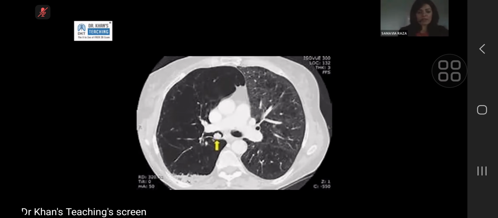Endobronchial lesions can be malignant or benign. You can have polyps in the bronchi. What they cause is obstruction, and that's how they present. So an endobronchial lesion, if benign, a polyp, can cause obstruction in expiration, and they can give you either